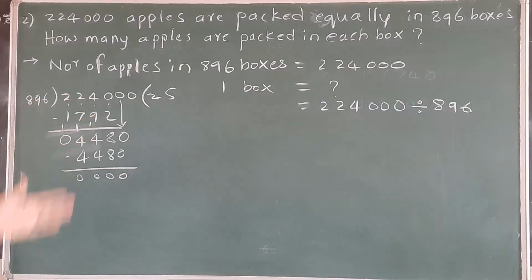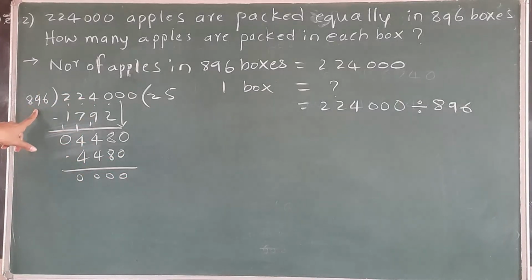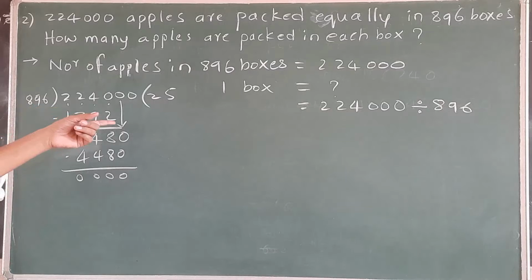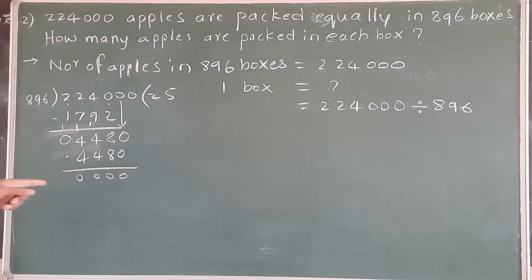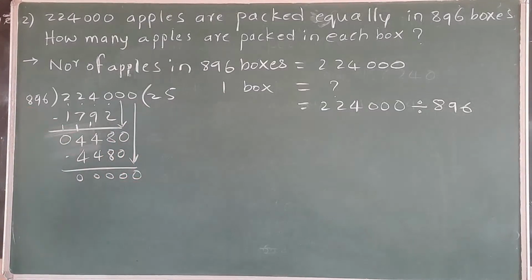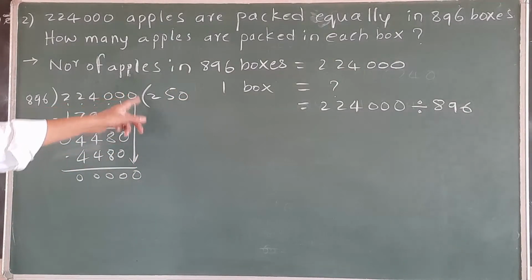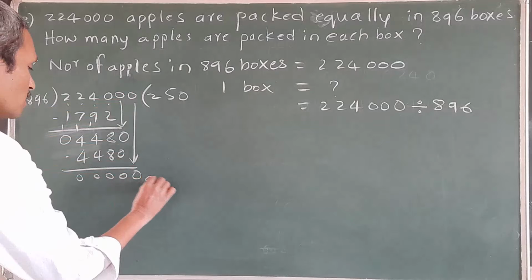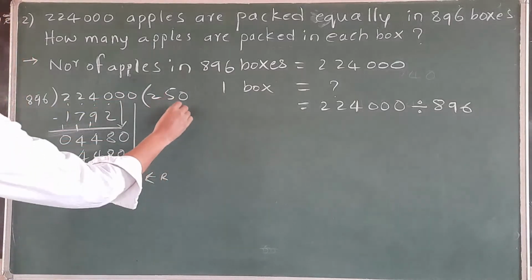Before doing this division process, you should write the table of 896, or by repeated addition of 896 you will get the table. Then you should start dividing, otherwise you will not get the answer or it is very difficult to divide. First of all you should write the table of 896. Next, take the next one down and here it becomes 0. Then take down the next digit if it is present; it is not present, so this is the remainder and this one is the quotient.